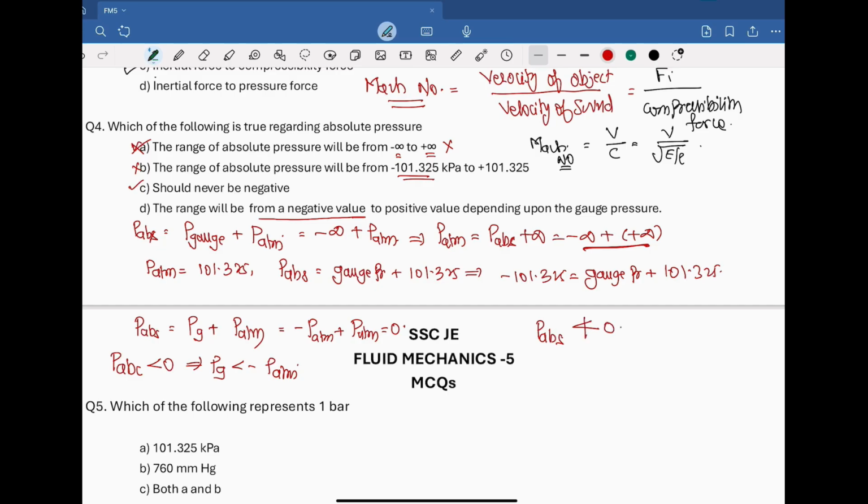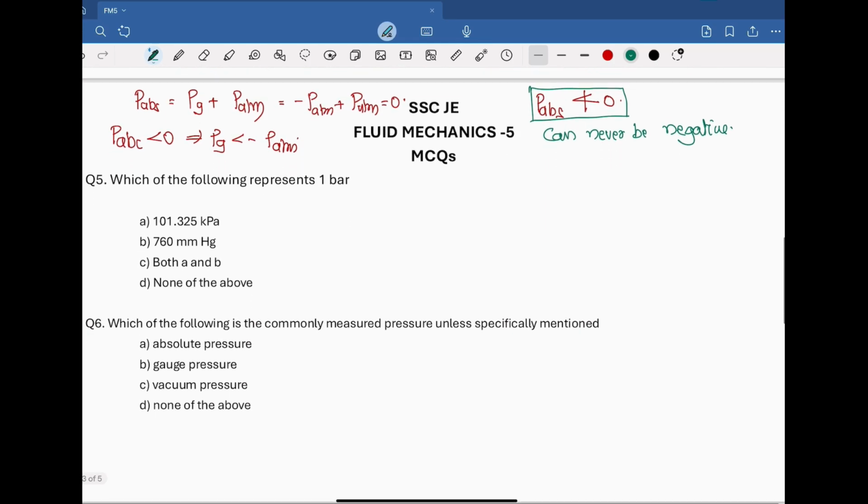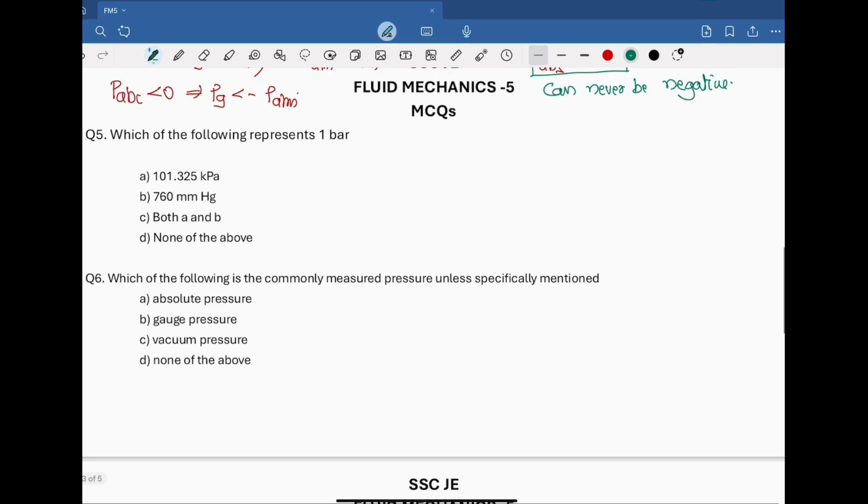This is important. If you want, you can see my lectures, read standard textbooks and think over this question for 10-15 minutes and get the concept clear. Next,